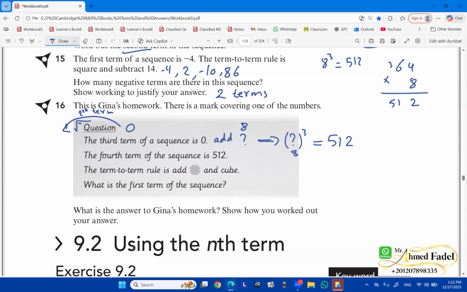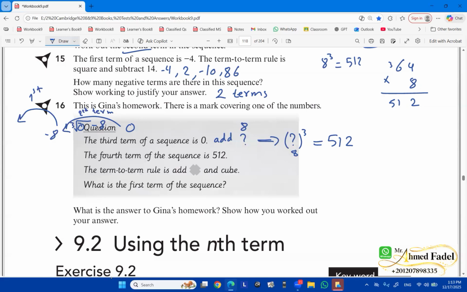We started from the end. The end is that you get the cubic root of 0. And then instead of adding 8, I'm going to minus 8. Cubic root of 0 is just 0. Minus 8 so is going to become -8. This is the second term. The first term